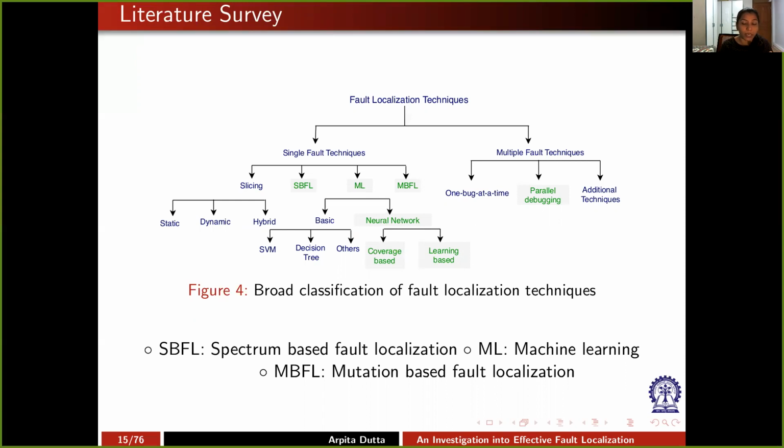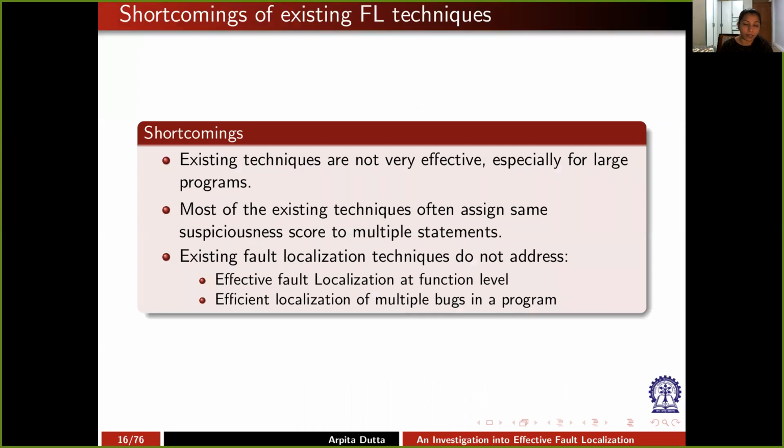a time, like you fix a bug and then retest and you continue this process until all the bugs are located. In parallel debugging, we just classify the test cases into different classes based upon the number of faults present, and then we take those clusters of test cases and parallelly debug the program. So it is a fast method. And few other techniques like those based on data mining are present that we have kept in an additional techniques class. So based upon this literature survey, we have identified few shortcomings of existing FL techniques, which are like